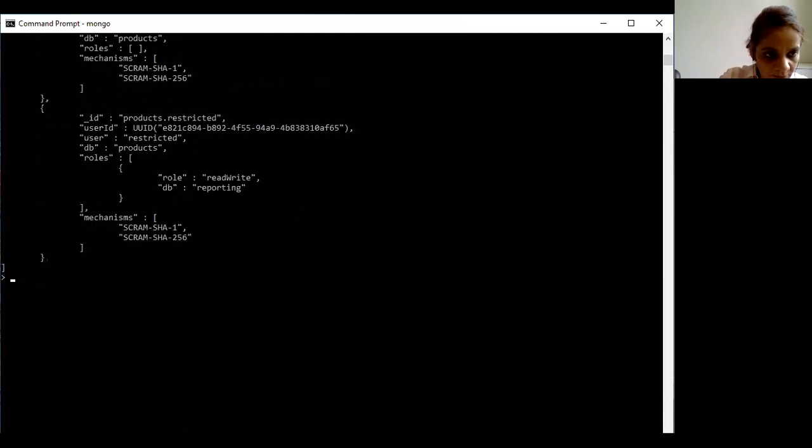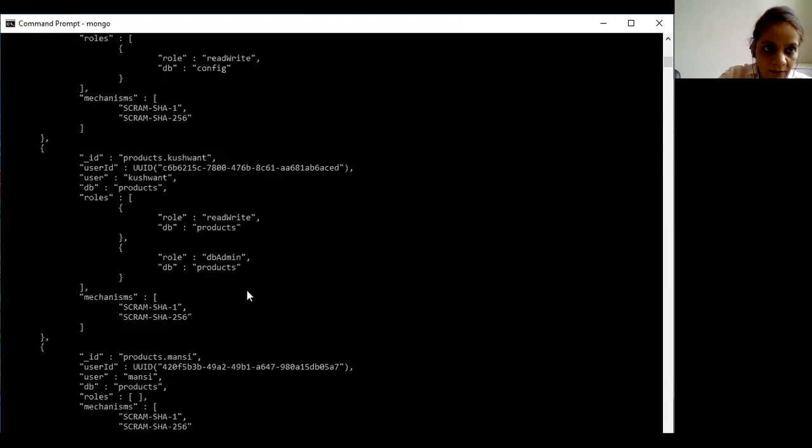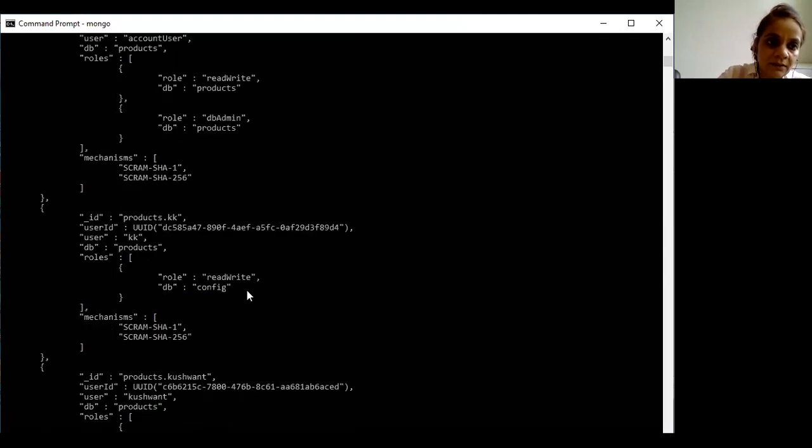Now see which database is currently active. Write db. Products database is currently active. So if we write the command db.getUsers, it means this command will work for displaying the users that exist in the products database. See, all the users which exist in the current database have been displayed.